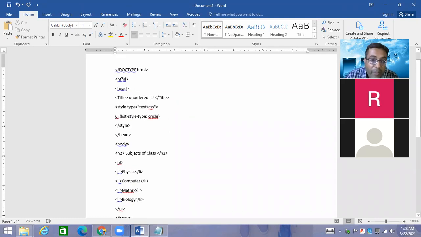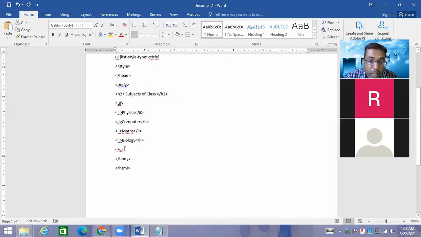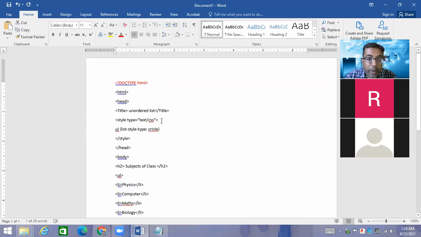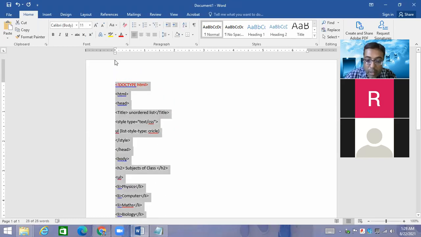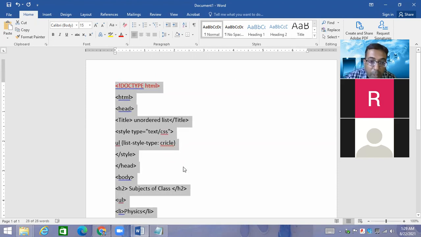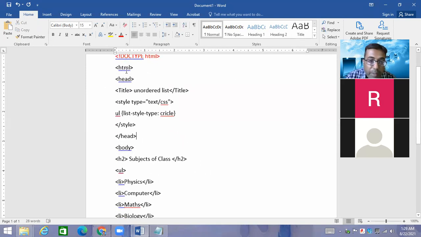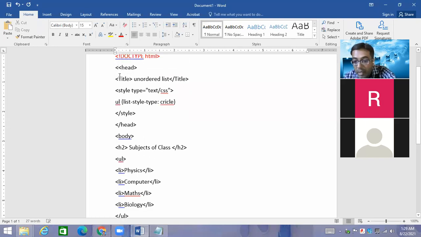Okay. So whenever we are writing the program code, the HTML doctype, I have made it red. Why? Because you can see how we are writing the code. Then you will see that there is always a head section, and the head section describes the properties, different kinds of effects and attributes that you want to apply on the body section. So there would be a head section. Now this is basically the head section. The head section contains the title tag, which will be opened and closed.